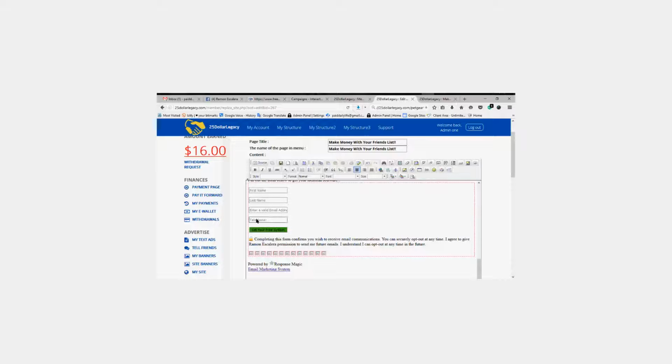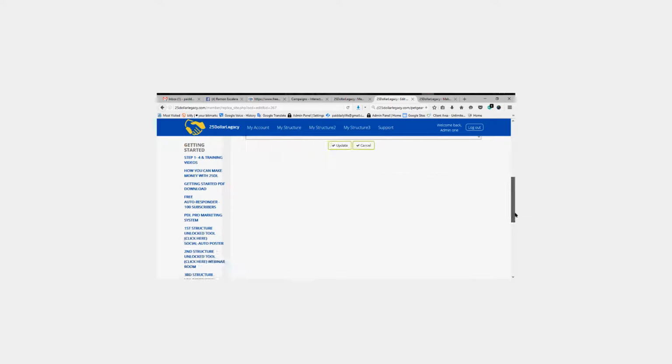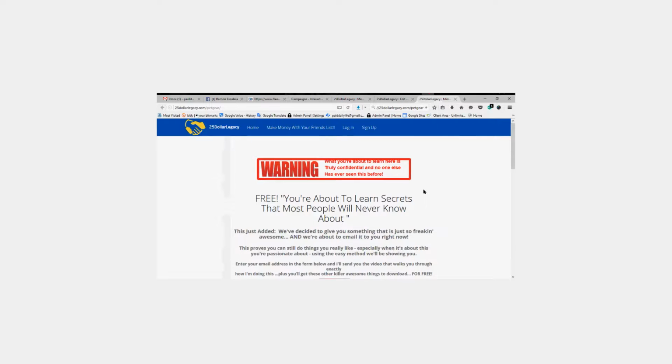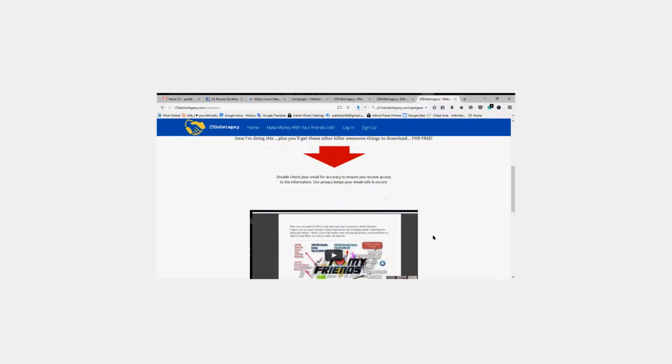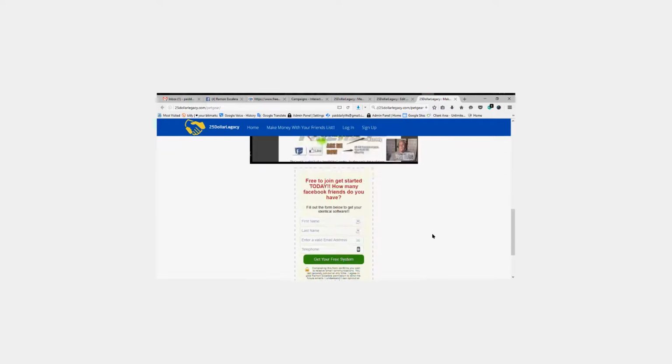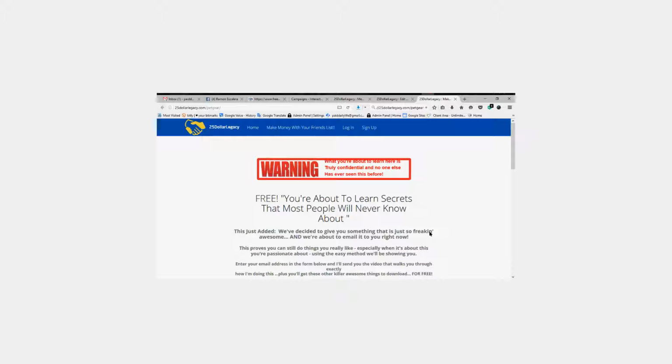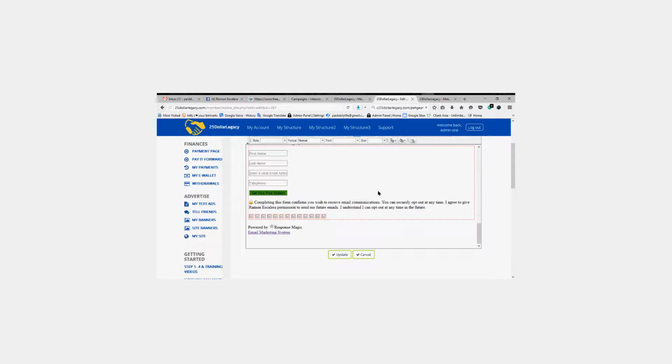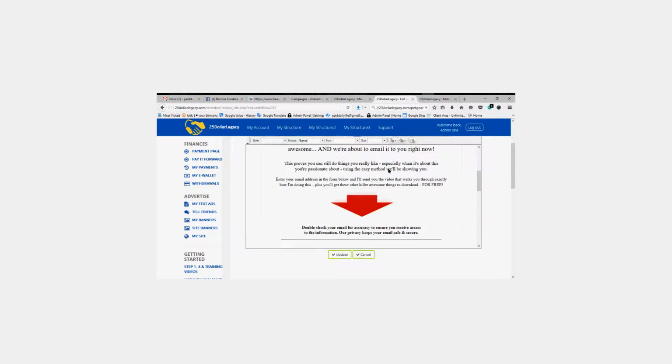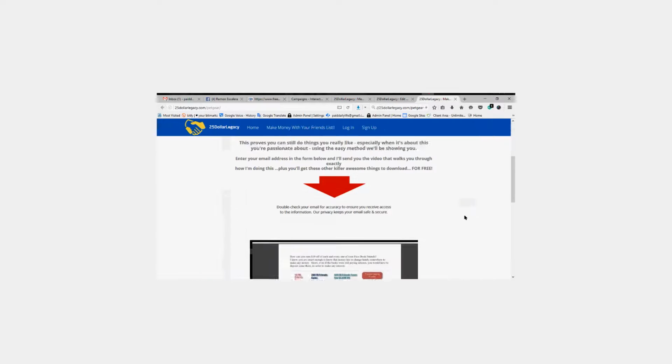As you can see, this form does not look like the form you just saw on the other page. So once you've created it, click on update and then view it, because this is how it's actually going to look. HTML coding is different in view mode than it is in characters, like words, letters, and numbers. Once you take it from HTML to viewable mode, it does change, and we want to make sure you understand that. So the official look is not going to look like this. Just copy the link, paste it in another browser, and this is what you're going to see.